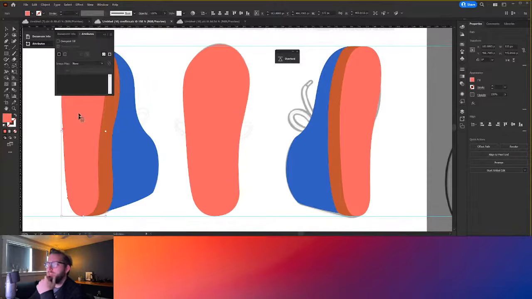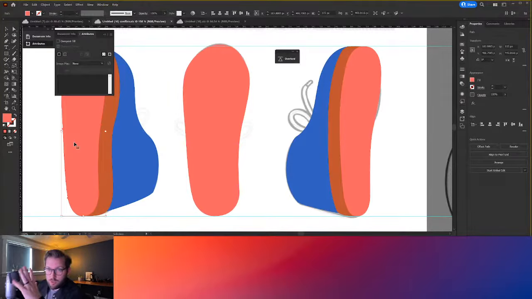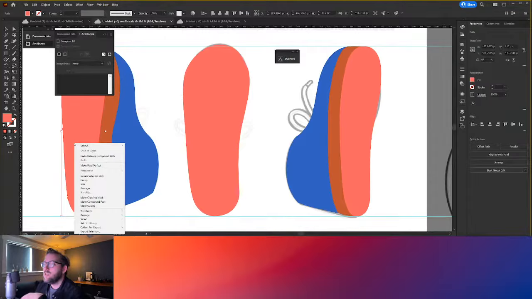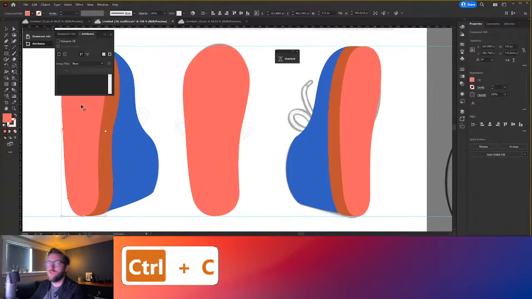reverse the path. But I could not figure out for the longest time why it's grayed out when I select this path. Simple solution. I tried Googling it. Couldn't find anything. Till I magically just right-clicked on the path and said, make a compound path. All of a sudden, now I can reverse the path. So it was set to this. I'm just going to reverse it the other way, select the path, and hit Control-C to copy it,